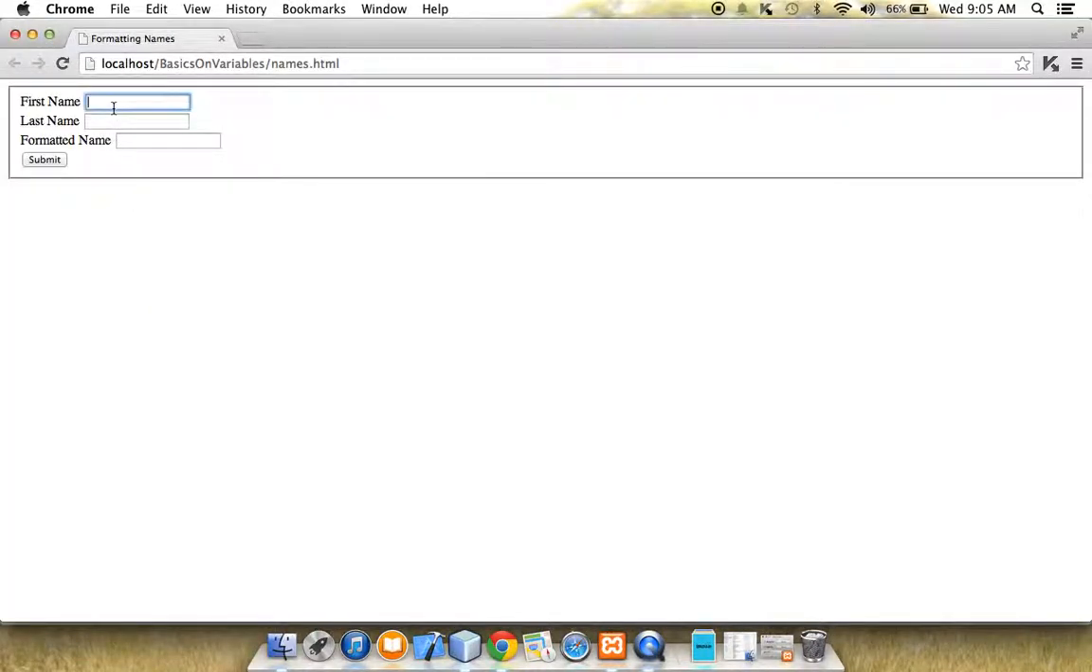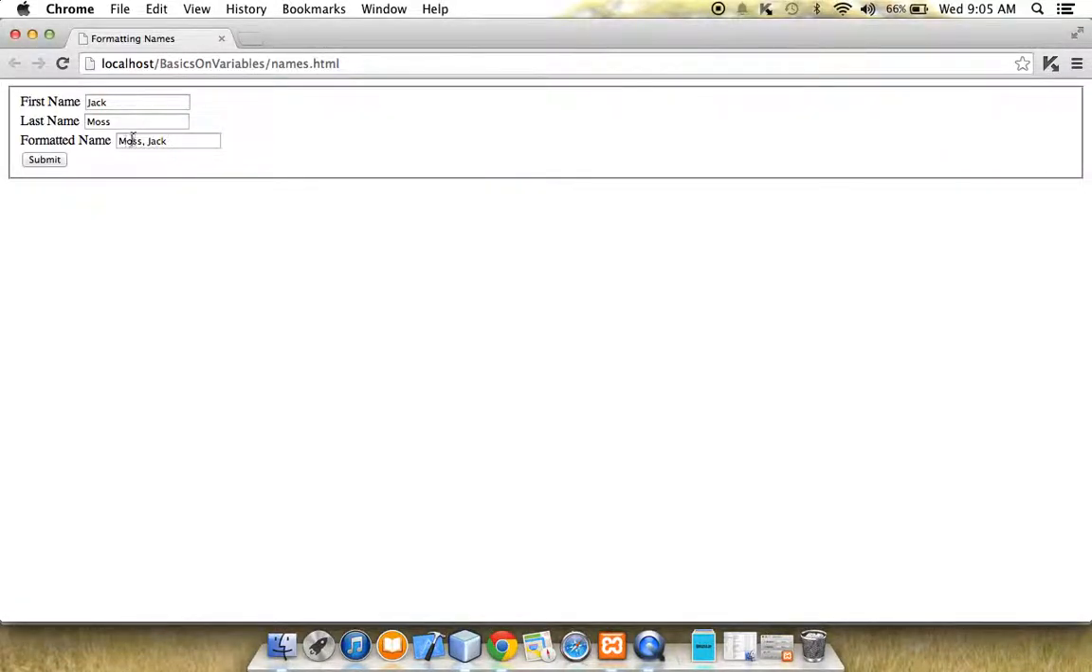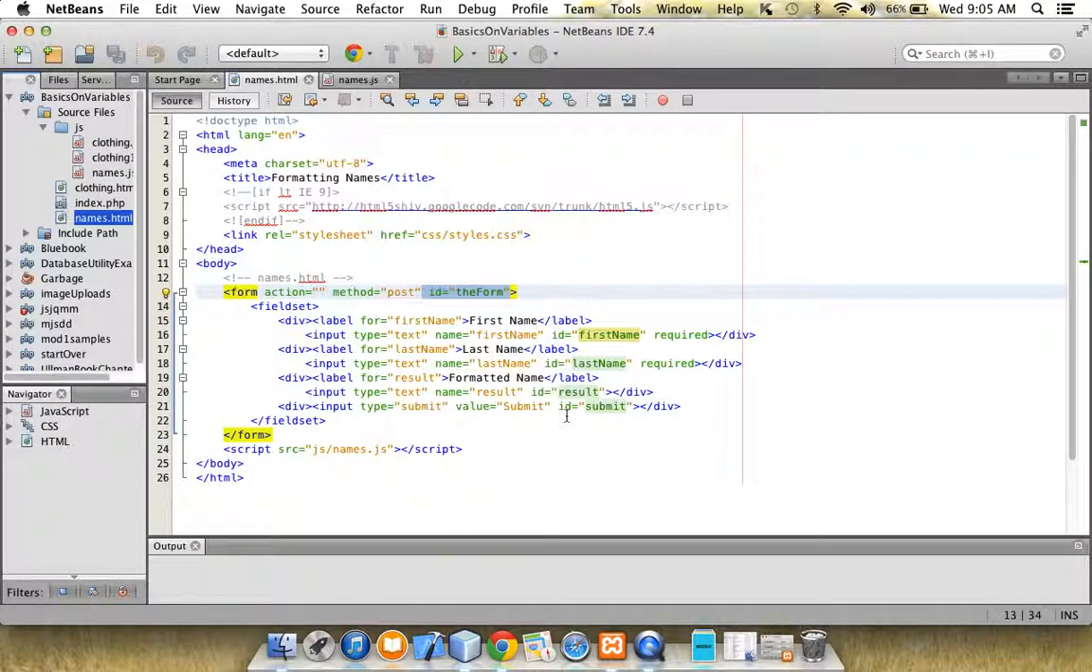Here it is. Let's put Jack Moss. So if I hit this, it will send an event. Boom. Moss, comma Jack. This is what we call, let me go back here, formatting a name. It's formatting the name. So once I hit that click, it's an event of which click, it'll jump to the